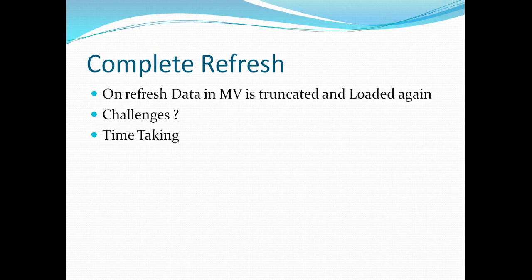The second challenge is the redo and archive logs that Oracle generates when it's doing this complete refresh. Now what does this mean? Since we are truncating and loading the materialized view, there is a possibility that our process may fail.